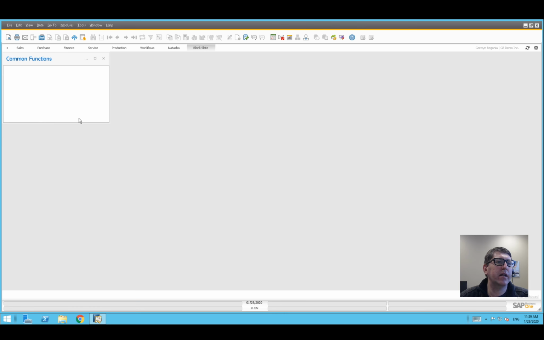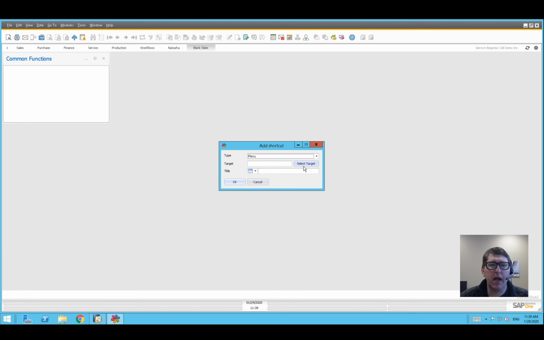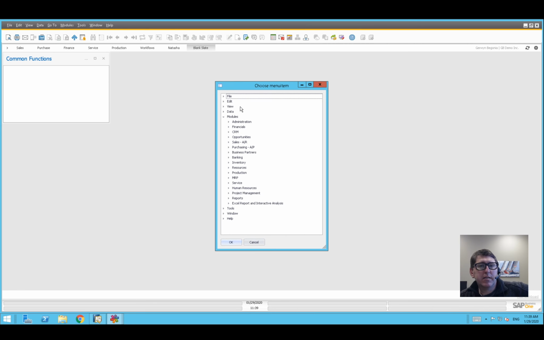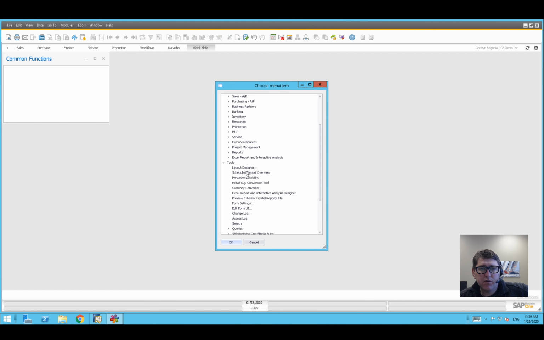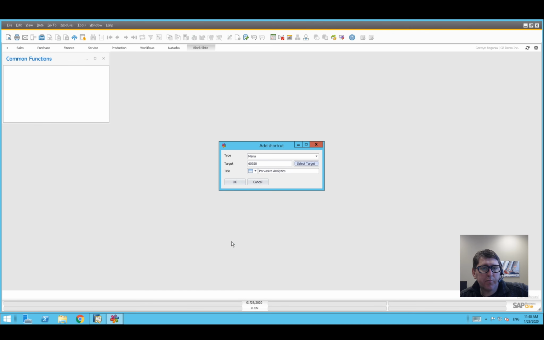So the granularity of how you can tailor and design your dashboard is just a wee bit different with the Boyum system. We can add a shortcut in here. And the difference in the common functions for Boyum is I can actually invoke not just things that are in the menu structure. I can call a Boyum function in the common function. So let's say run a query report, run a macro, or do whatever. But I can select a target out of the entire menu structure, not just the modules of SAP, so not just dragging and dropping the function from SAP, but I could choose to, say, call the pervasive analytics